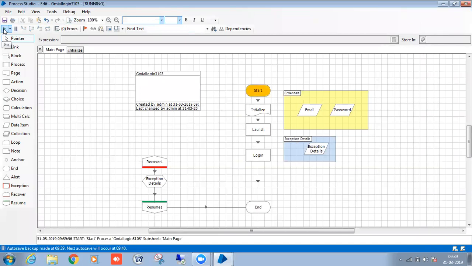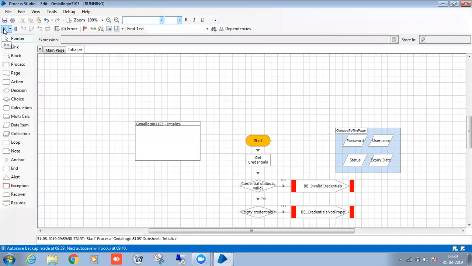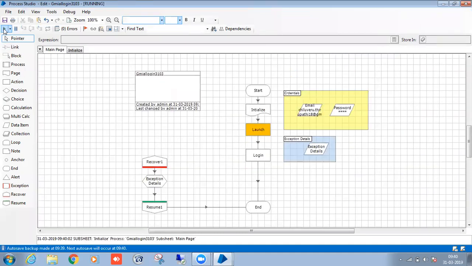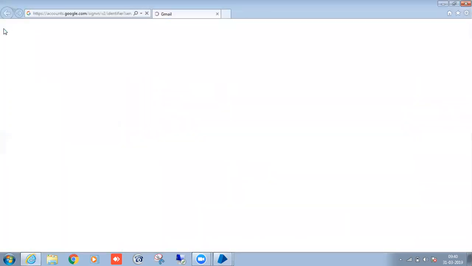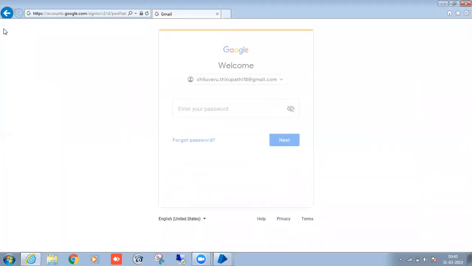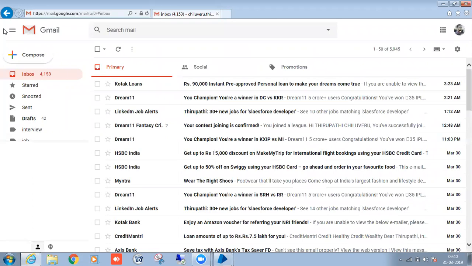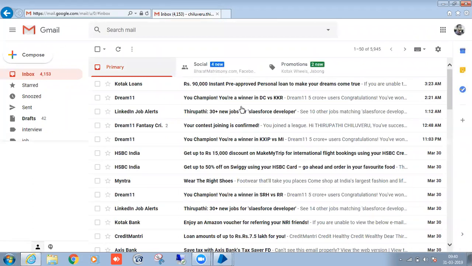start. First, we'll go to initialize page. It will get the credentials. It will validate the credentials. So then everything is fine. Then I will launch the application. Username, password, done. This is how I have run in the slow mode or normal mode. So if you run the fast mode, then you will see like